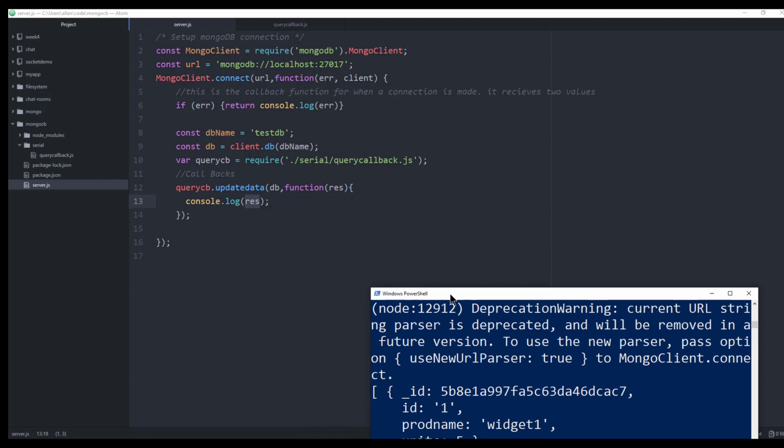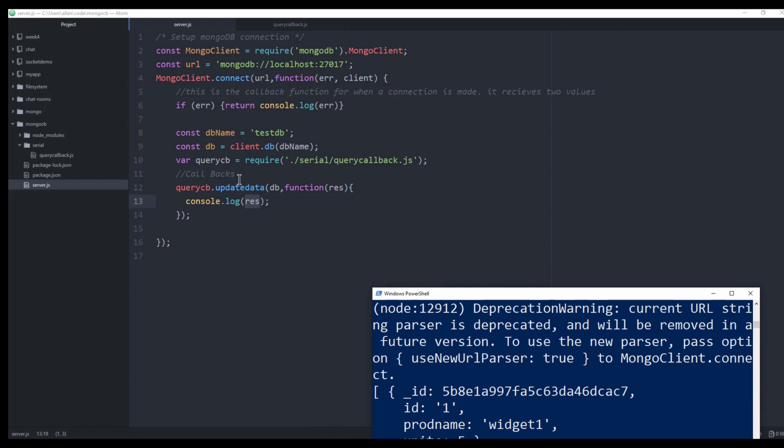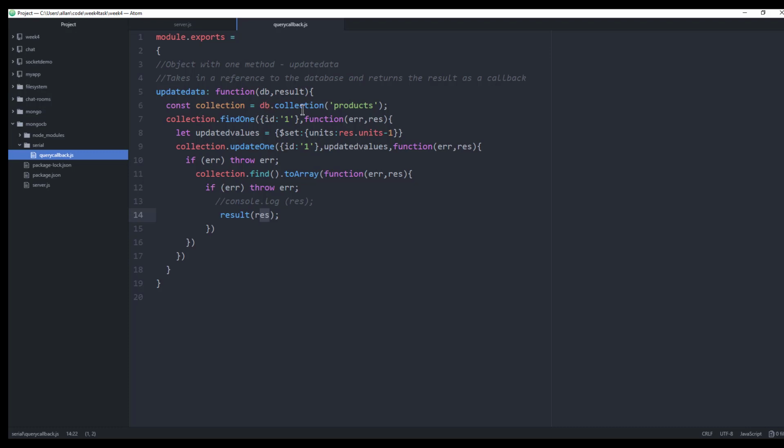So this, using callbacks, has been able to do a series of functions that are all asynchronous, so that only one happens at a time and the values from one can get passed down to another. Now you can see that this can get a little bit messy if we have a